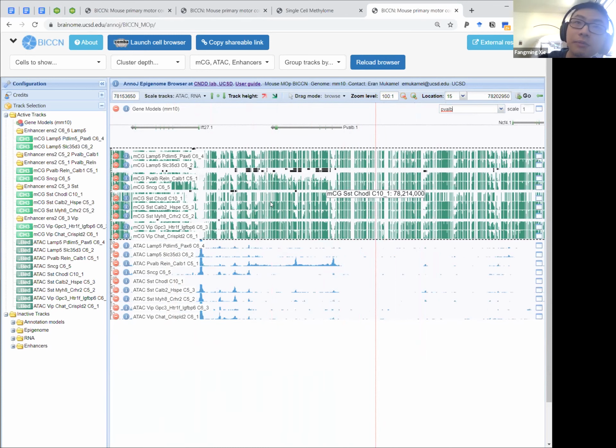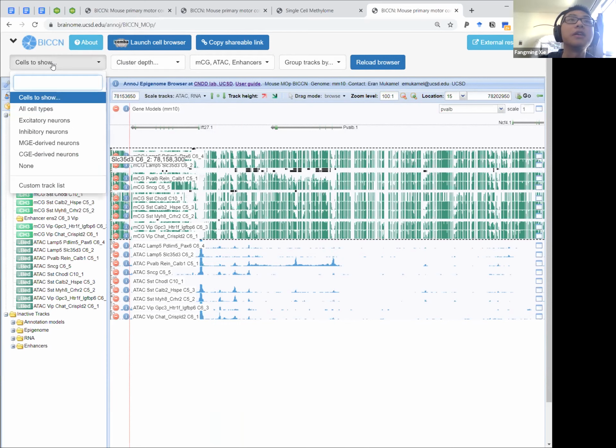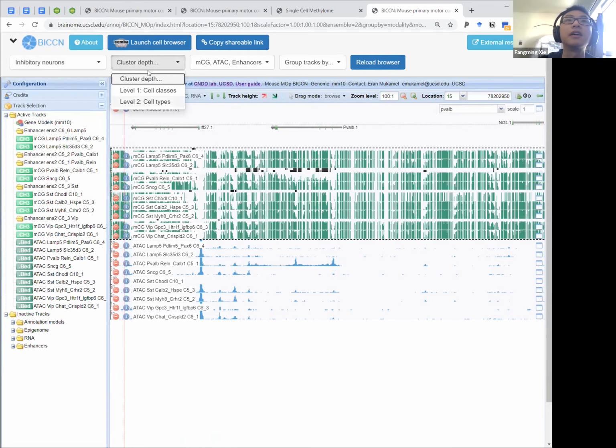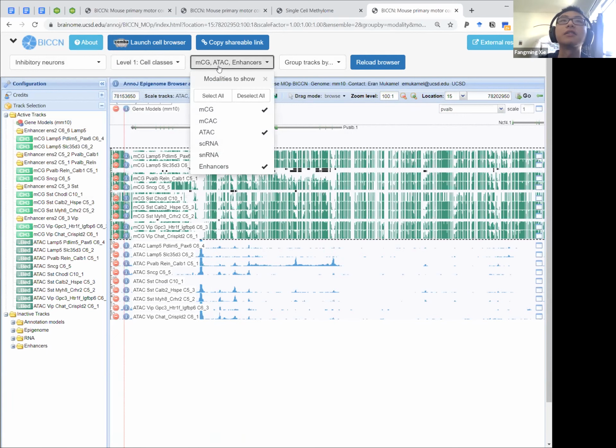There are many different settings you can configure besides the default view we provide here. For example, if you go to the top menu, you can choose which cells to show. By cells, we mean cell type, which cell types you want to show. If we click inhibitory neurons, the level of the cluster depth means the resolution of cell type you want to look at. You could look at fine level resolution like cell type, or broad level cell types,